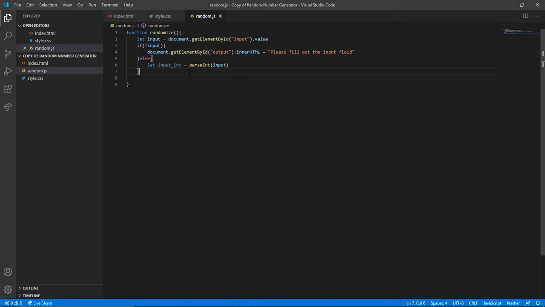So if you put any text in there or anything that can't be turned into an integer, for example, anything other than a number, it'll return NaN, that's capital N-A-N, not a number, and I'll set that as NaN. So, we can actually check for that by saying if input_integer is not a number,